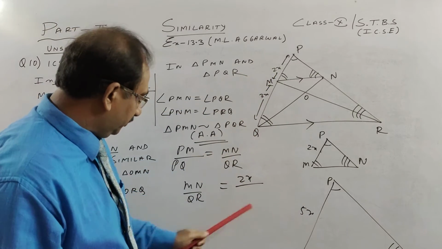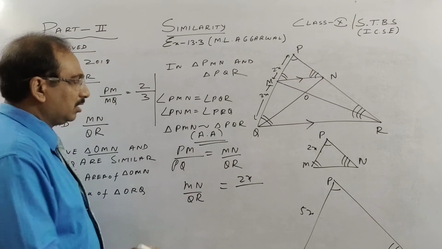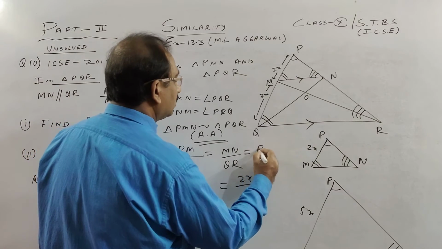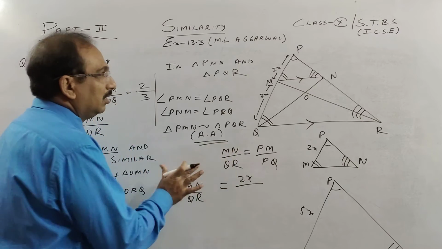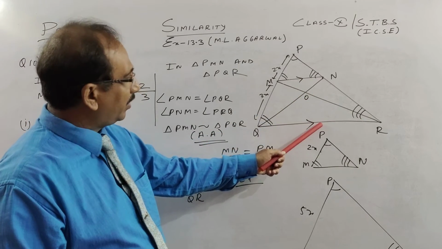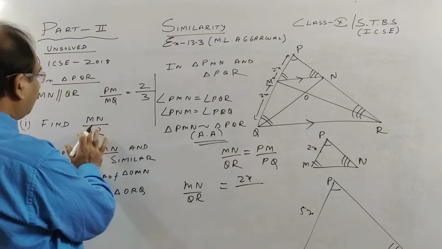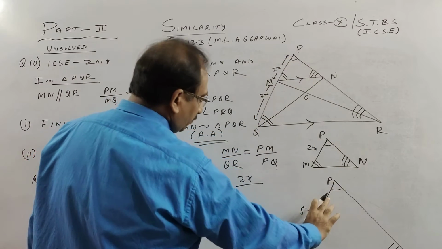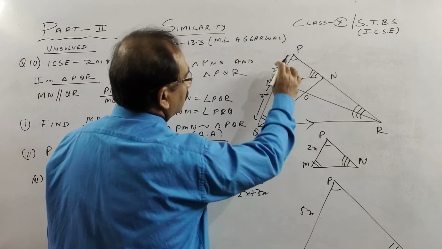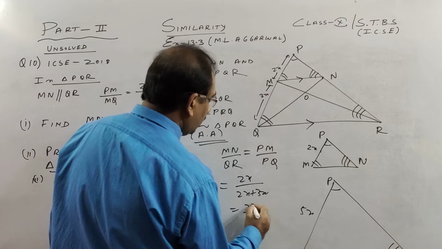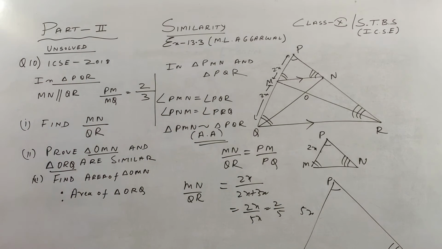But what is PR? PQ, sorry, PQ. What is PQ? I could have written it just the opposite. If you have any problem, PM by PQ. So what I have done here, children, this over this, what we have to find is this over this full thing. So PM, if you see, is 2x, which is proportional to PQ, which is 2x plus 3x. So we get 2x by 5x. So this is 2:5. So the first answer is this is to this.